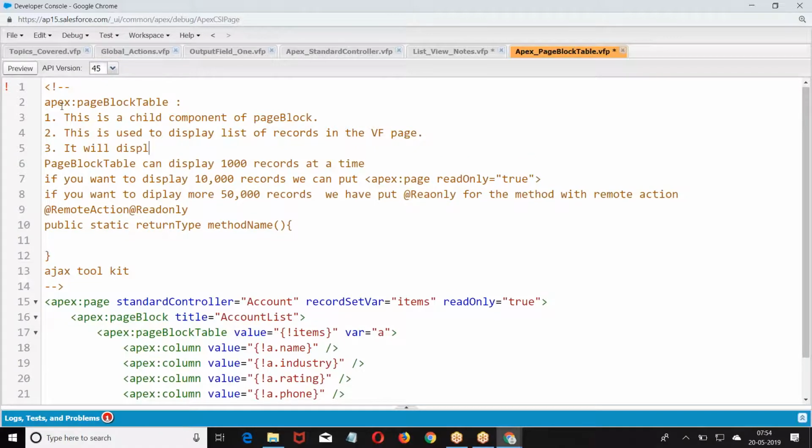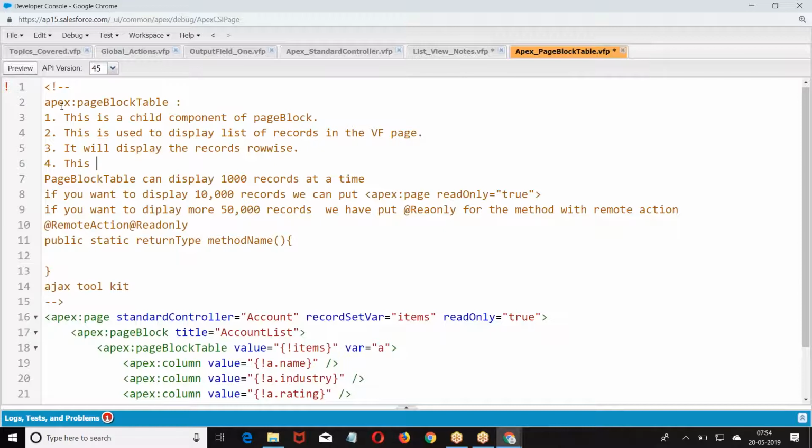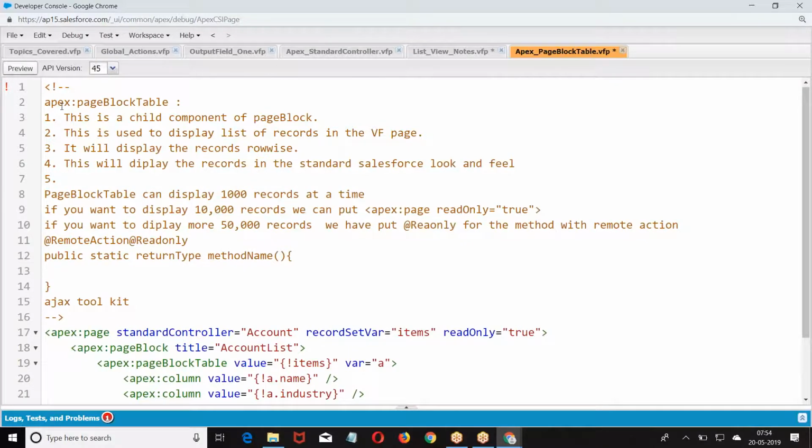It will display the records row wise. The next point: this will display the records in the standard style. And it can display up to 1000 records.